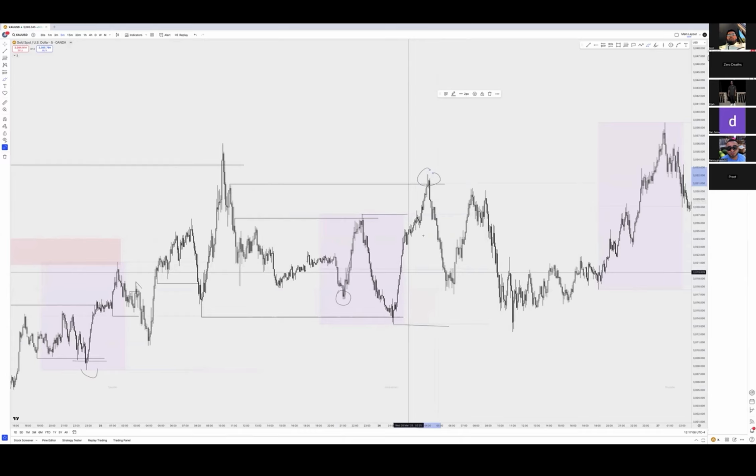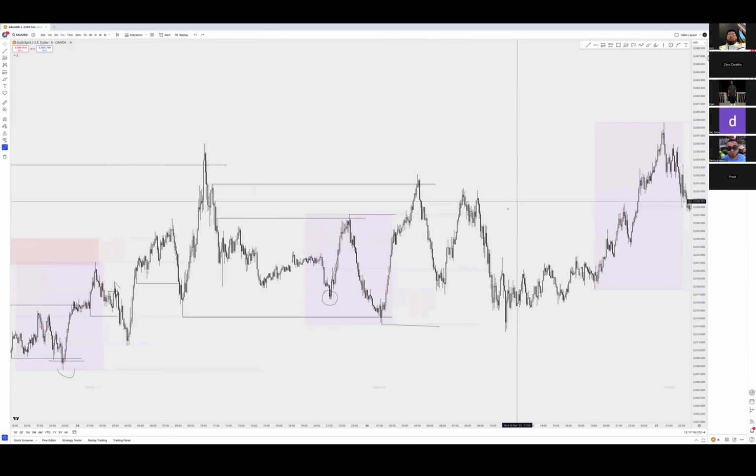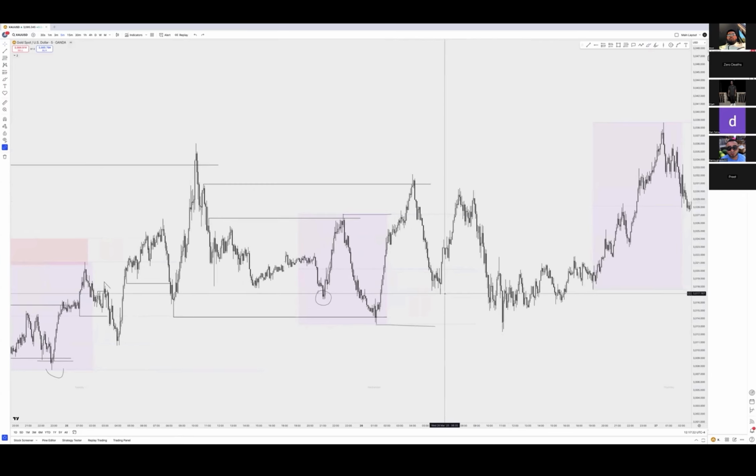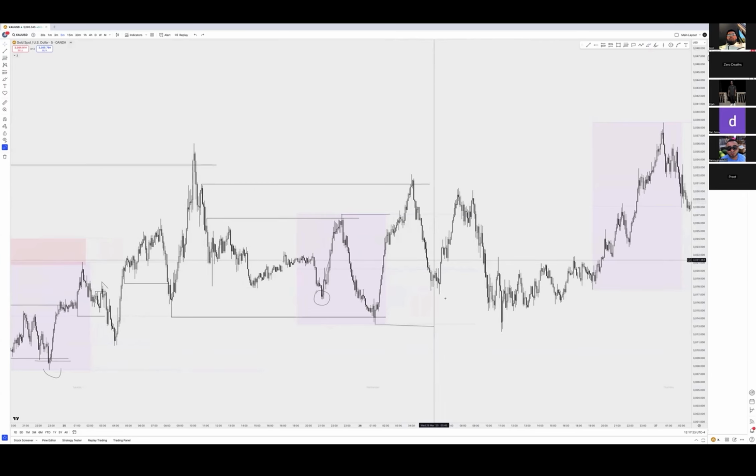But any pullbacks from here, like it takes out the inducement high, so it can come as deep as, I mean, there's not much liquidity here, right? My bad. There's not much liquidity from this point to this point. So you just have to wait and see what price action tells you. Honestly, I wouldn't even know where price action is headed as soon as it does this. From here, I wouldn't really know.